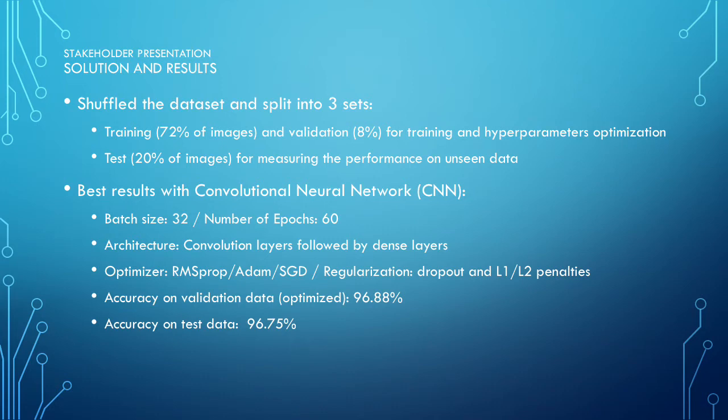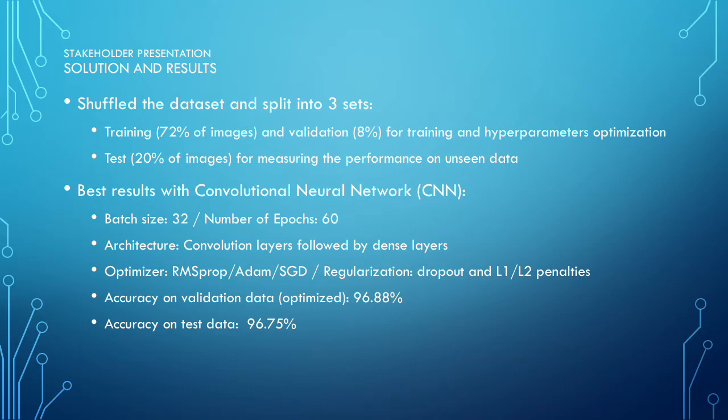I converted the images, which were both gray and color, as well as multiple sizes, into gray 128 by 128 pixel images. Then, I used a traditional machine learning algorithm as well as a deep learning algorithm. The traditional algorithm consisted of a principal component analysis to reduce the dimensions from 128 by 128, which is 16,384 dimensions, to 200 dimensions, then applying an SVM algorithm to classify the images. We reached an accuracy around 94% on the test data.